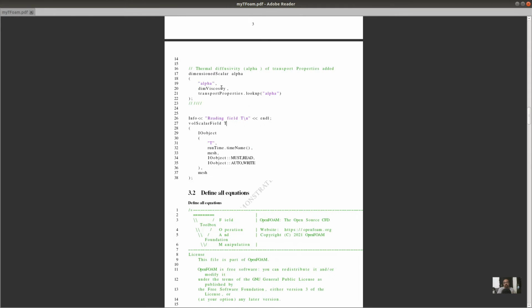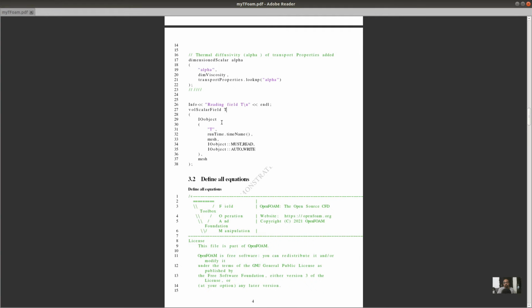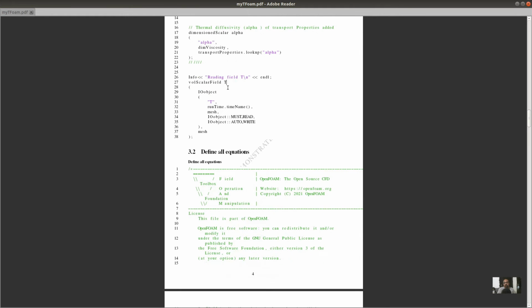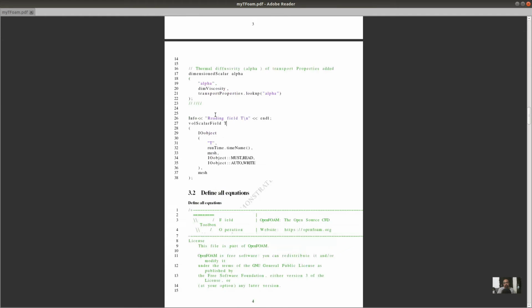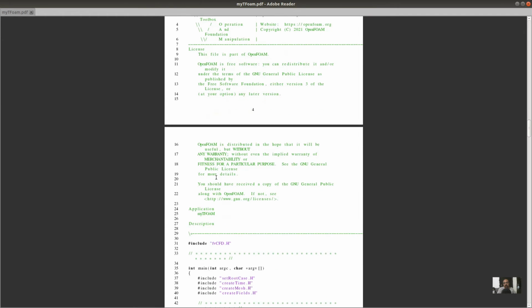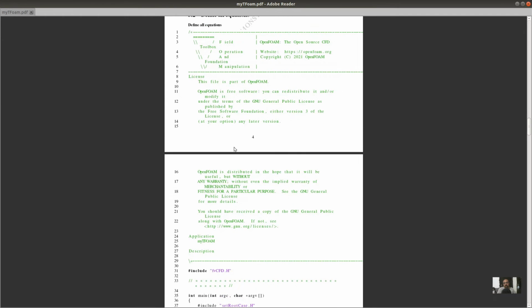Pressure and velocities parameters here. So field variables here. We have only the temperature and some properties like thermal diffusivity. So when you execute this